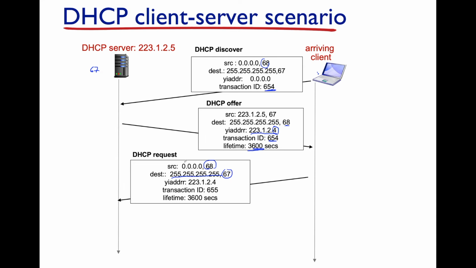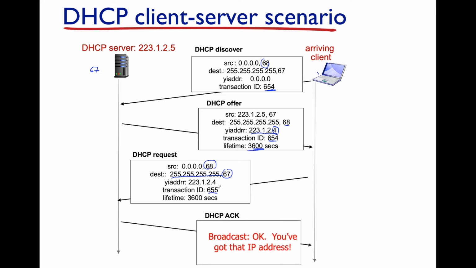Now, the last interaction, you see, was transaction ID 654. It now has a new transaction ID because it wants to match up the response with this request. So it's transaction ID now 655. Then the DHCP server, in this period of time, reserves the IP address 223.1.2.4, and it broadcasts back